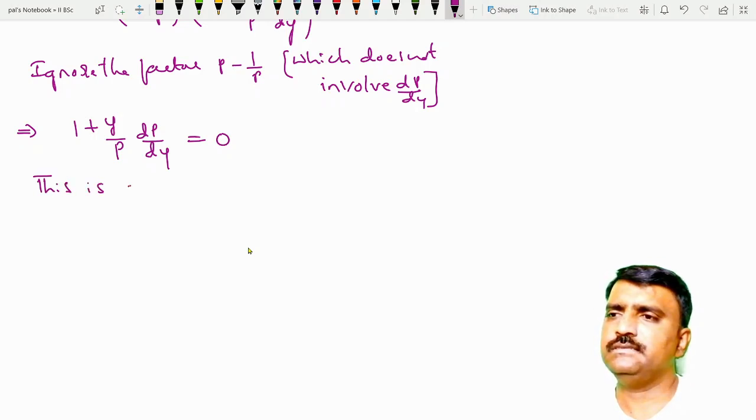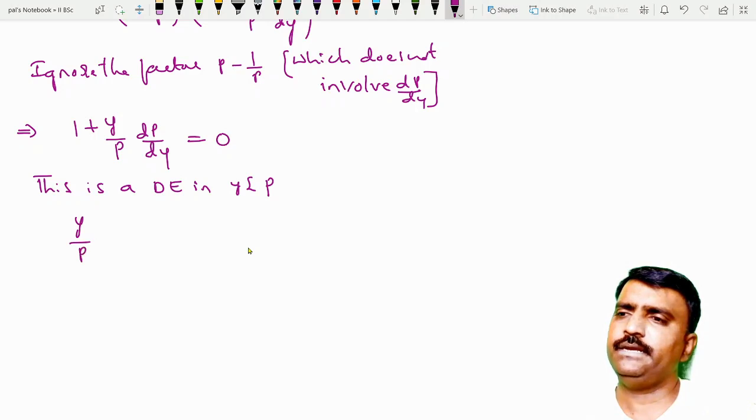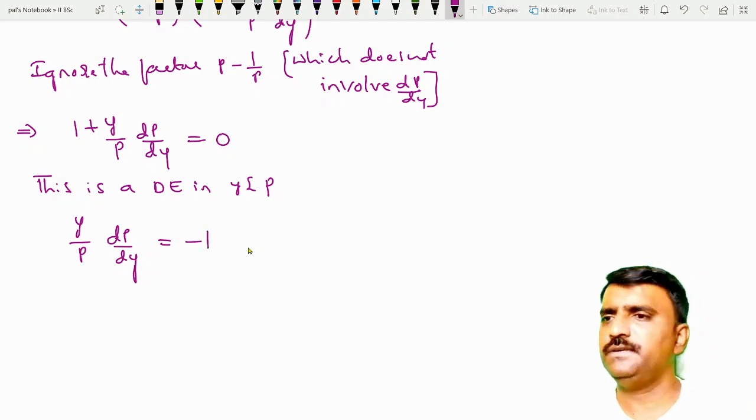This is a differential equation in y and p, so in the variables y and p. So we have to solve this. To solve this, you take y by p into dp by dy is equal to, take this 1 to the right hand side, it is minus 1. So now you write